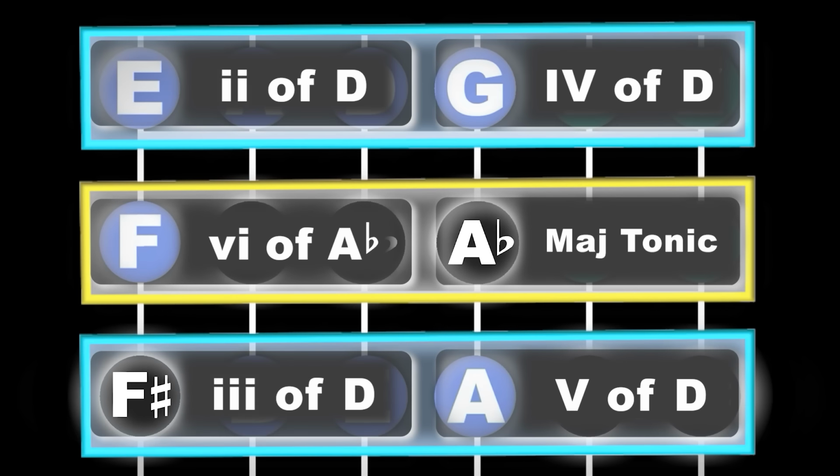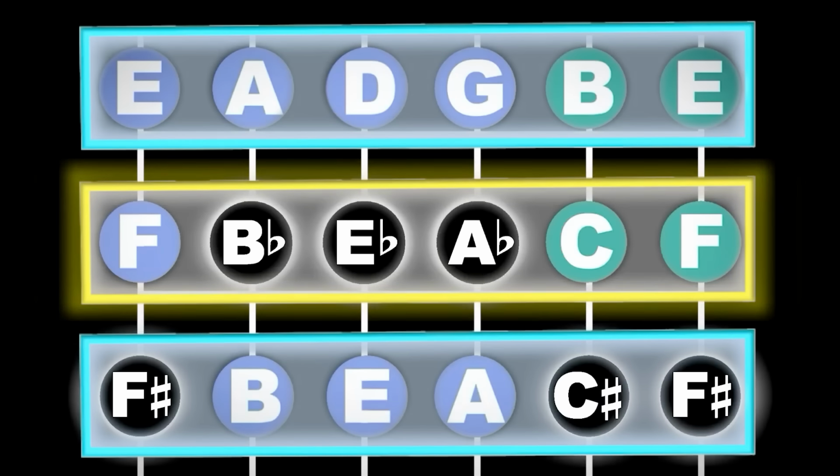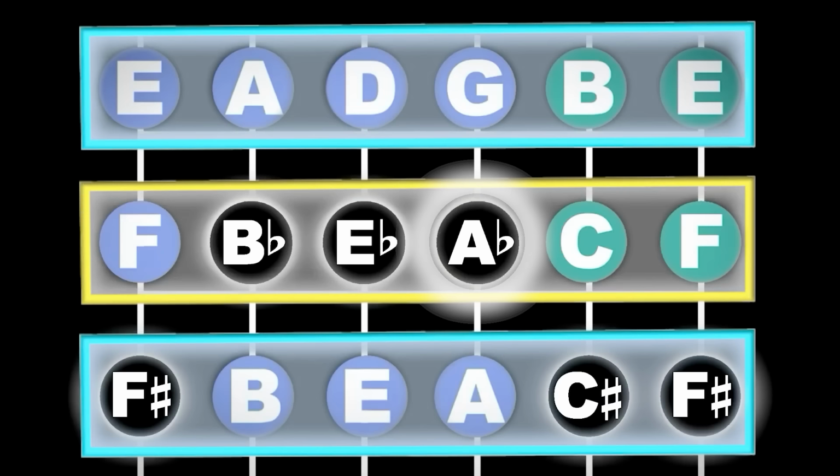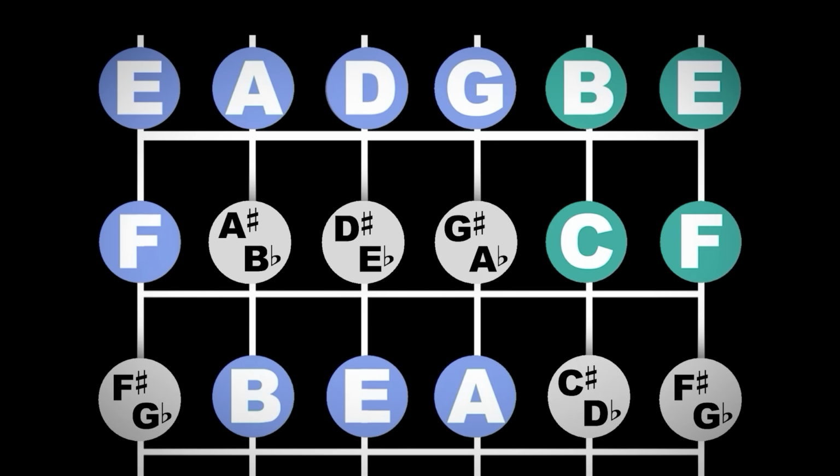So while the 2 blue groups both represent the key of D, the yellow outline group in the middle is the tritone related key of A flat. We'll come back to this concept a little bit later and see how it plays out across the entire fretboard. Meanwhile,